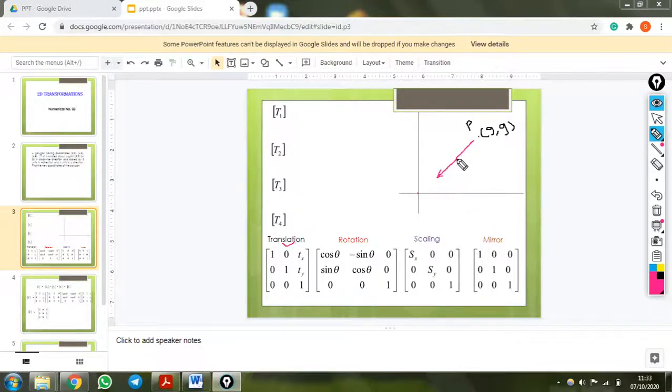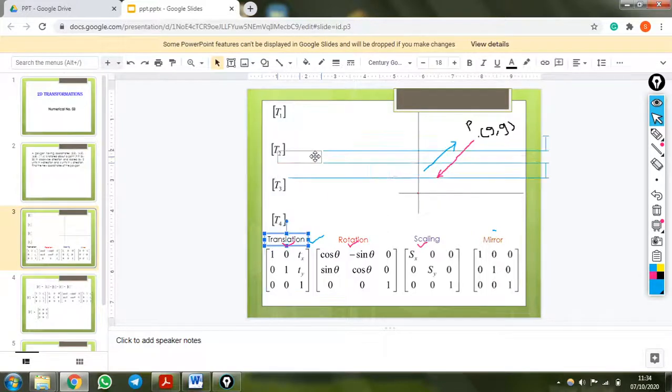Get it? Then we'll do the rotation operation as per the given sequence. Then we do the scaling operation, and then we translate it back to the original location, means from this point to this point. Get it? Again, a translation operation is required for that. So this is the procedure. Okay, so the first matrix will be,